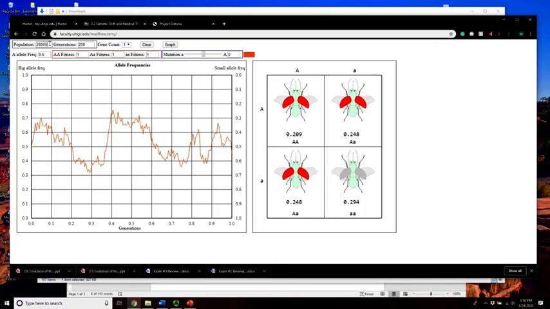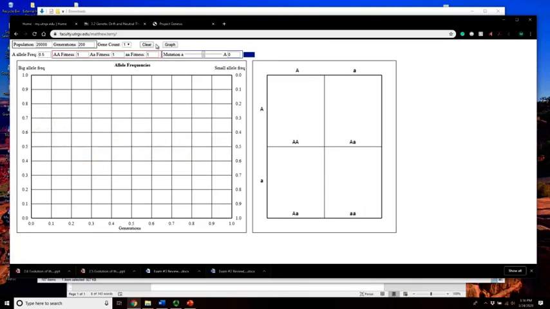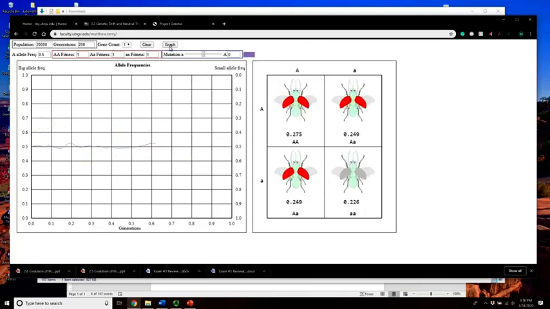Whereas if I have 20,000 individuals, even though again I can't predict now, is it going to go up or down, I can predict the amount of that generation fluctuation is going to be much, much lower. So less random fluctuation from generation to generation. And again, I can't predict if it's going to go up or if it's going to go down, but if I did this 10 times, I would expect a much narrower range at the end of 200 generations